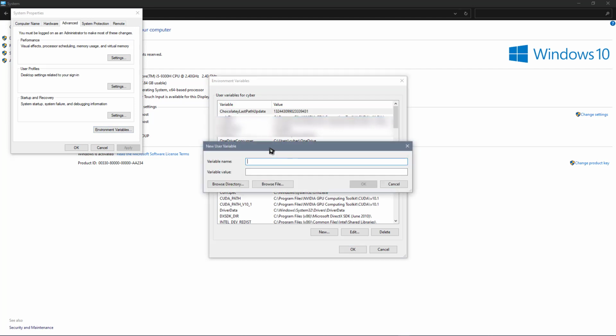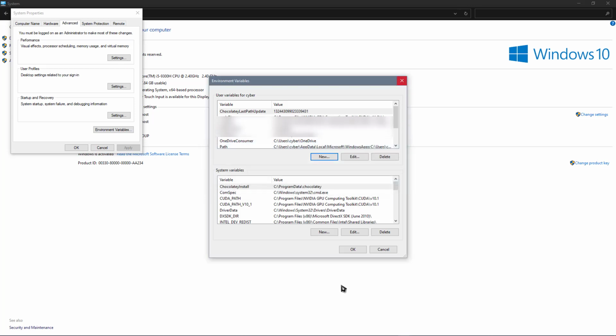Click on new, and here you can add your new variable name, just as we saw in Linux. So here we can write my pass, and enter your password, hello 1 2 3, or any password that you have, and press OK, and it will be saved.